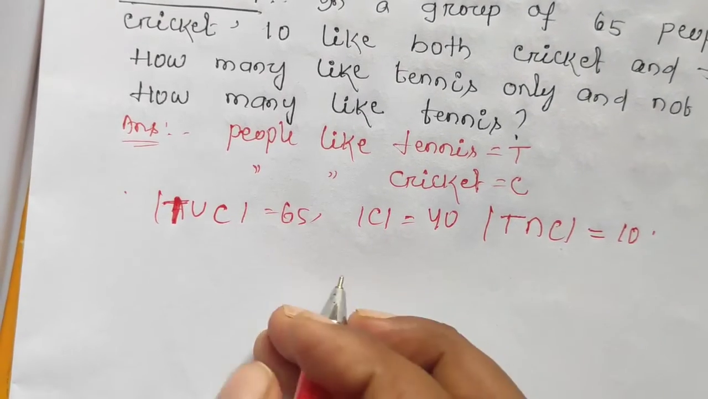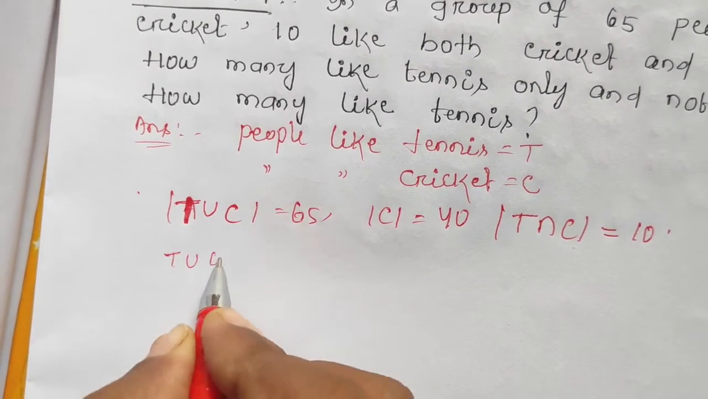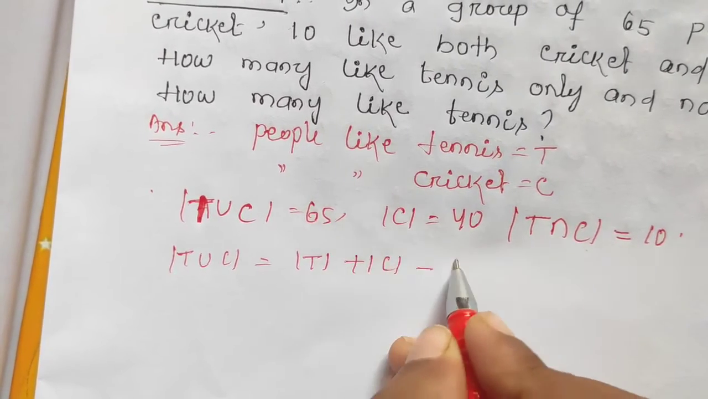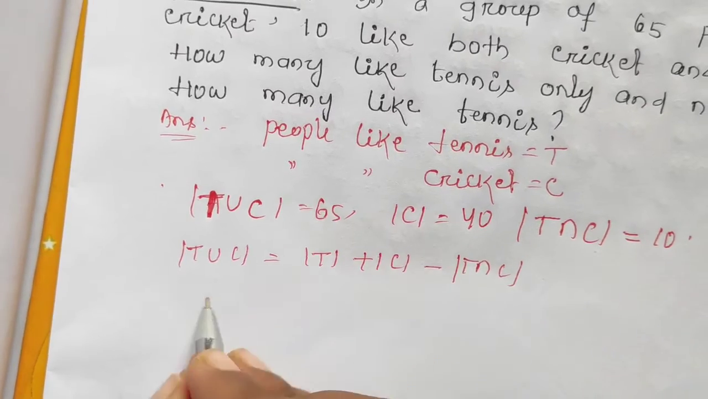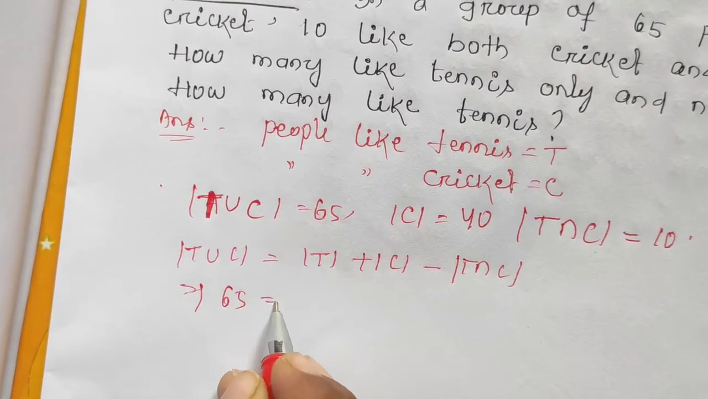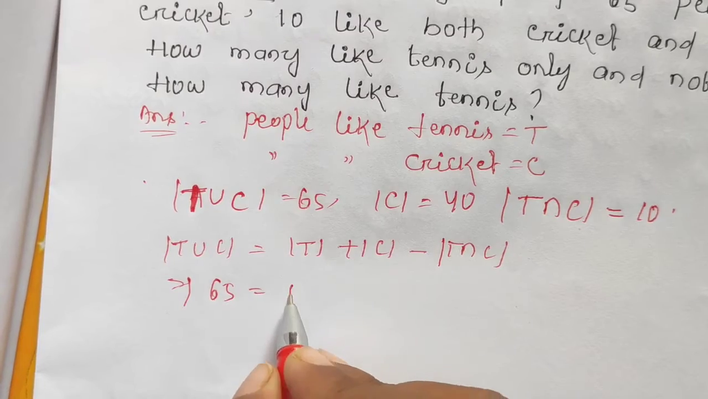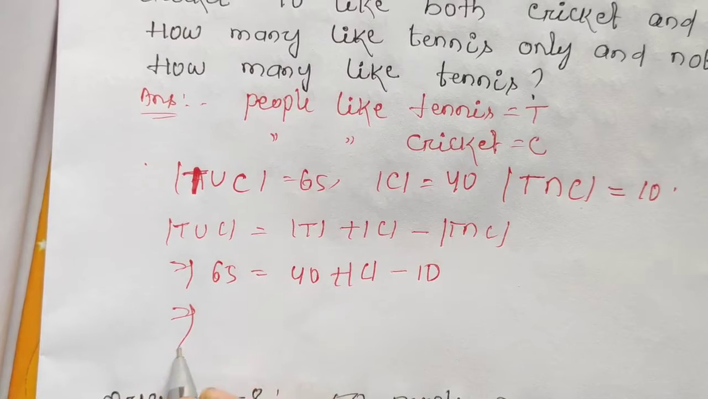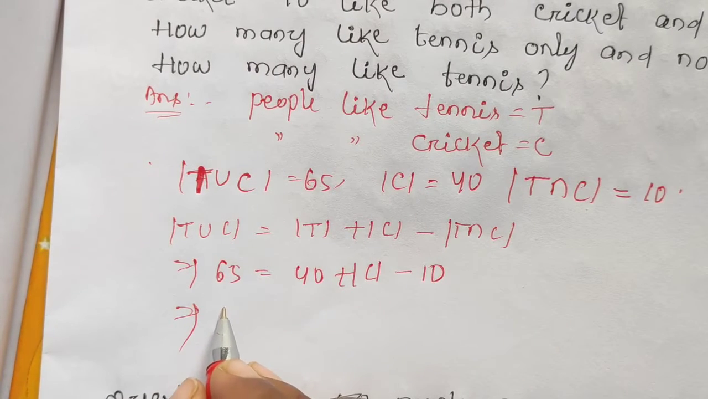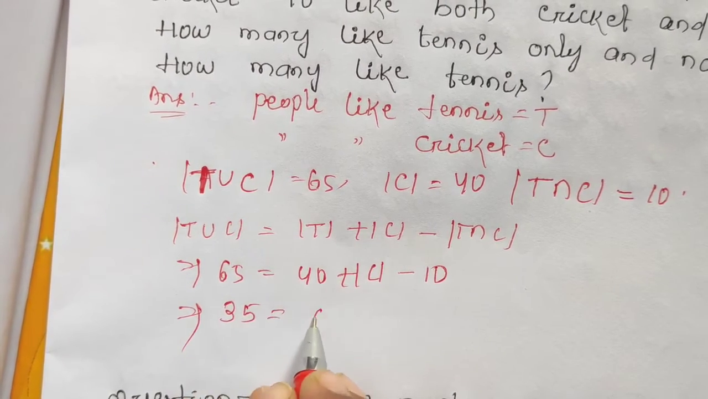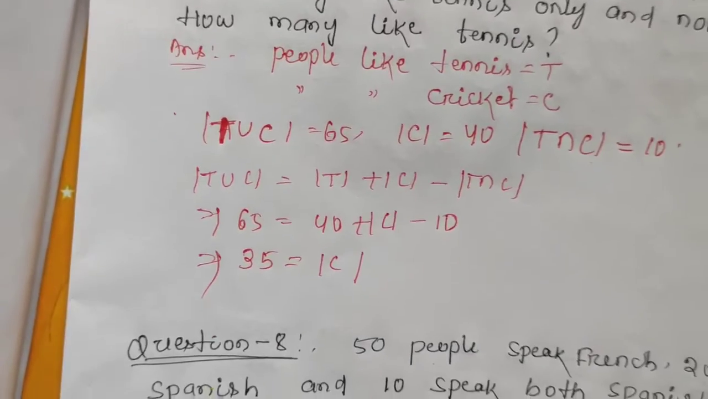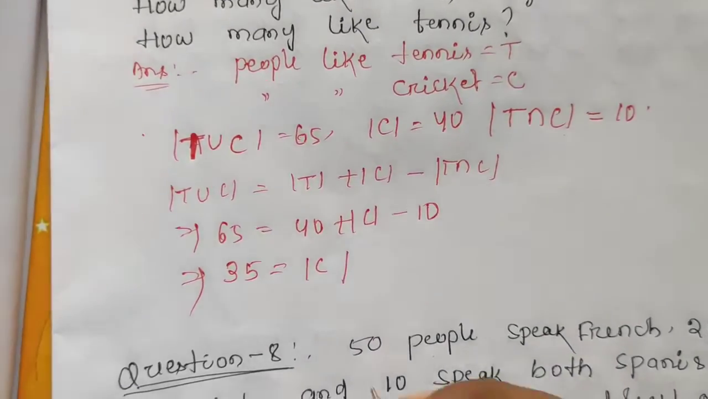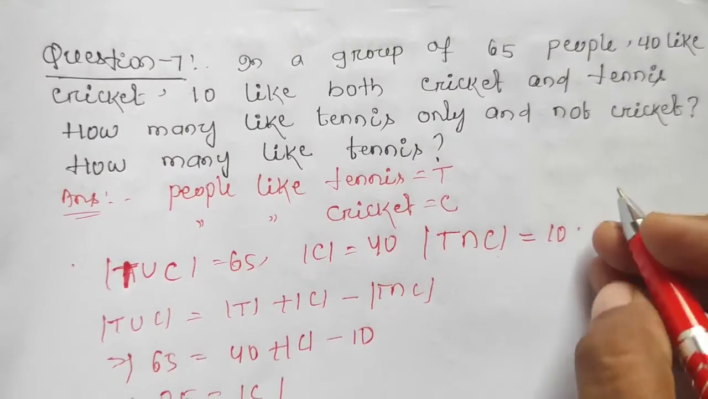How many like tennis? So we know that T union C the mod is equal to T the mod plus C the mod minus T intersection C the mod. This implies that 65 is equal to 40 plus T minus 10. This implies that 65 minus 30, 35, is equal to T the mod. So T the mod equal to 35 means people who like tennis is equal to 35. People who like only tennis